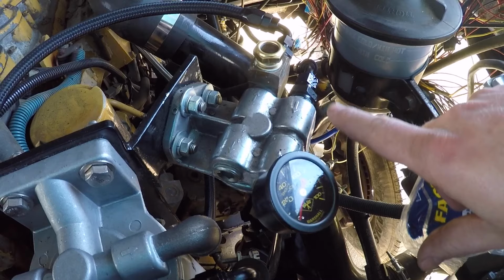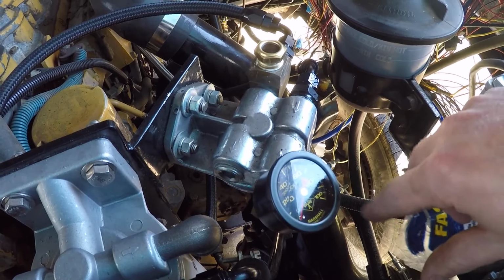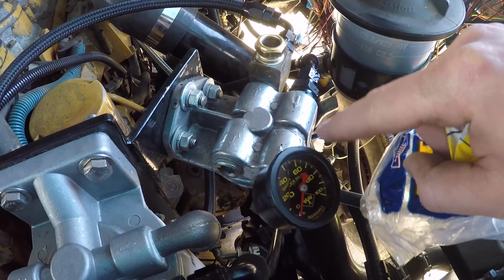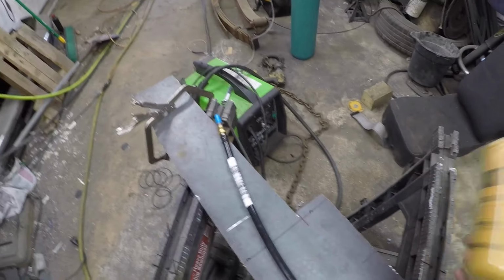It kind of sucks because when I removed that filter from being threaded on, I don't know if it was just because everything was brand new, but when I took it off you could see a bunch of little tiny metal pieces shimmering and swirling down to the bottom of the filter, so I had to get a new one. I did not feel comfortable reusing that filter. So we're going to put on our new filter. Kind of sucks because that one has like 0 miles on it, but